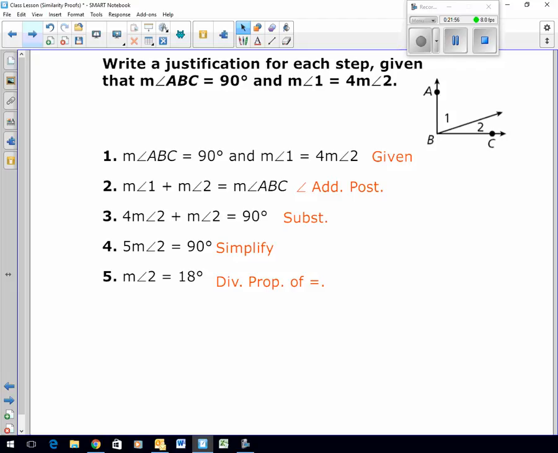Start with your given. Angle addition postulate. Substitution. They call this simplify. Once you get past here, you say simplify, or you can say add the numbers, whatever it was. For right now, you're okay. How do we go from 5 times the measure of angle 2 to the measure of angle 2? We divided both sides by 5, right? Now,